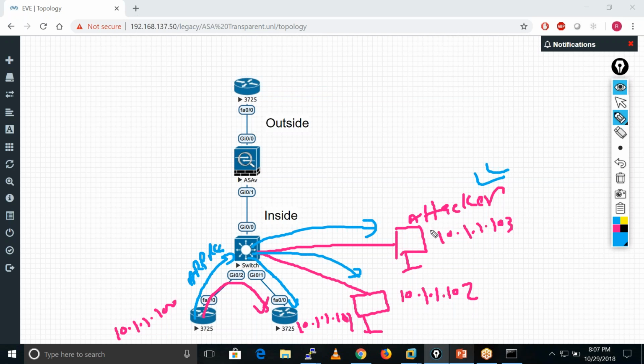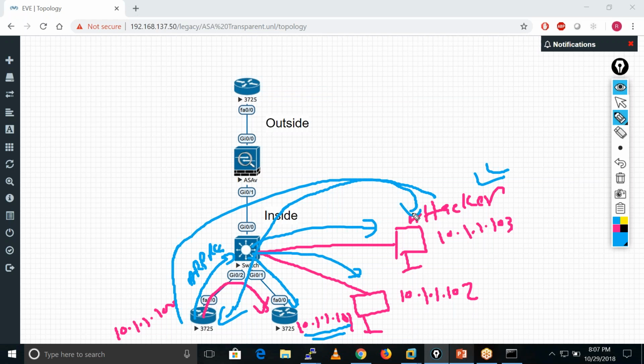So he used these kinds of applications, and basically he gives the reply on behalf of this guy. This attacker presents himself as this IP address 10.1.1.101. So this guy got the IP address. Now he just sends the actual traffic to the attacker, right? That is the way the ARP spoofing attack happens in the network.